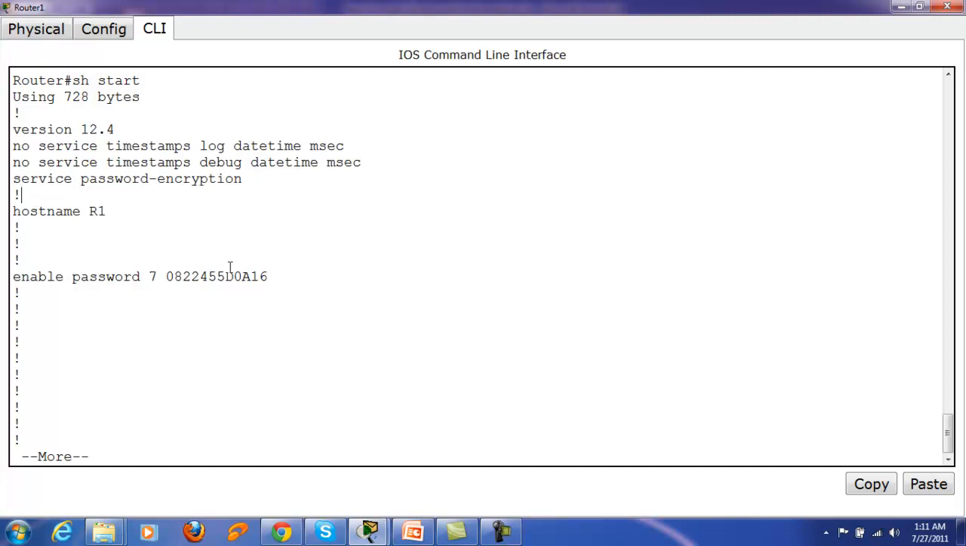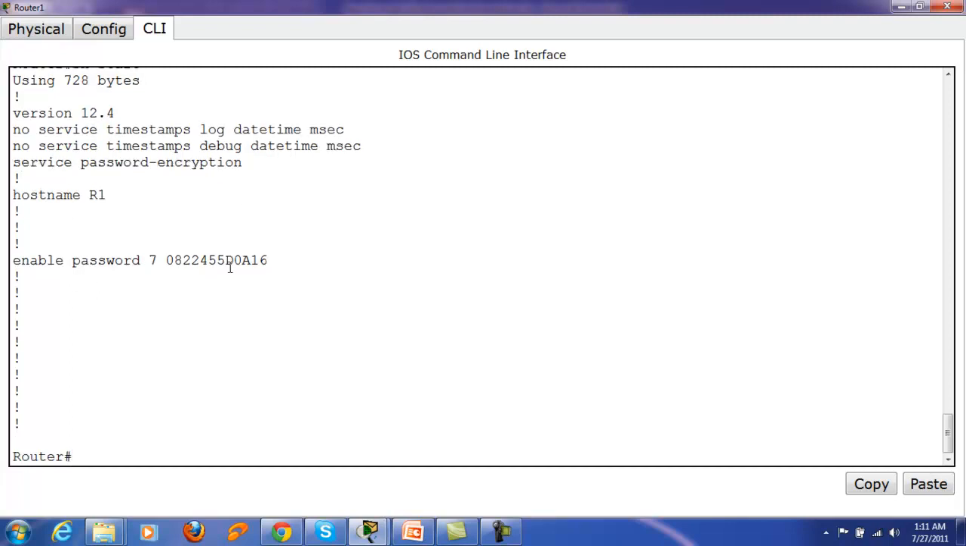Now what you can do, you can change the passwords. But friends, before changing the password, you have to copy your startup configuration to the running configuration. Otherwise, if you change passwords directly, it will only change in the RAM. And when you copy the running configuration onto the startup configuration, you will lose all the other configurations, likewise